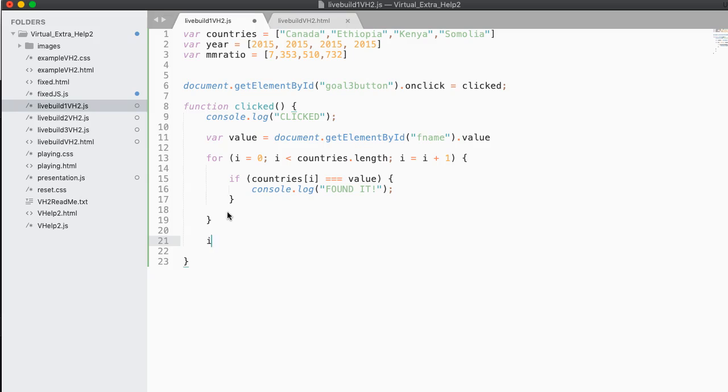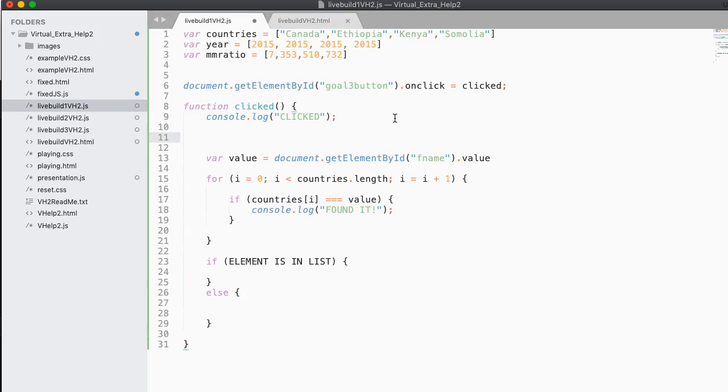And so it's down here that we want to put an if statement to check, and we'll talk about how to do this in a second, if element is in list. Obviously that's not proper code, but basically if I find the element in the list, we're going to do something, else we're going to do something else. And so the question comes up, how do we track if the element is in the list? To do that, we create a variable,